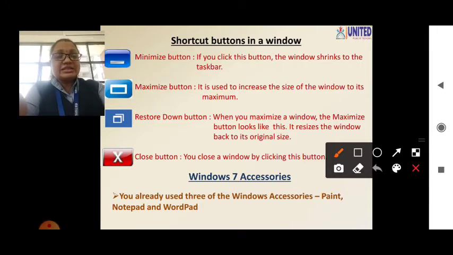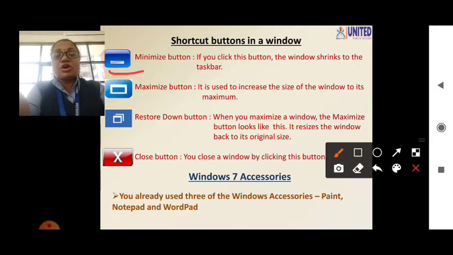Let us see number 1, minimize button. See, this is the minimize button. Simply a small horizontal line is there. We call it the minimize button. It is present at the top right hand side corner. If you click this button, the window shrinks to the taskbar. Why do we use this button?